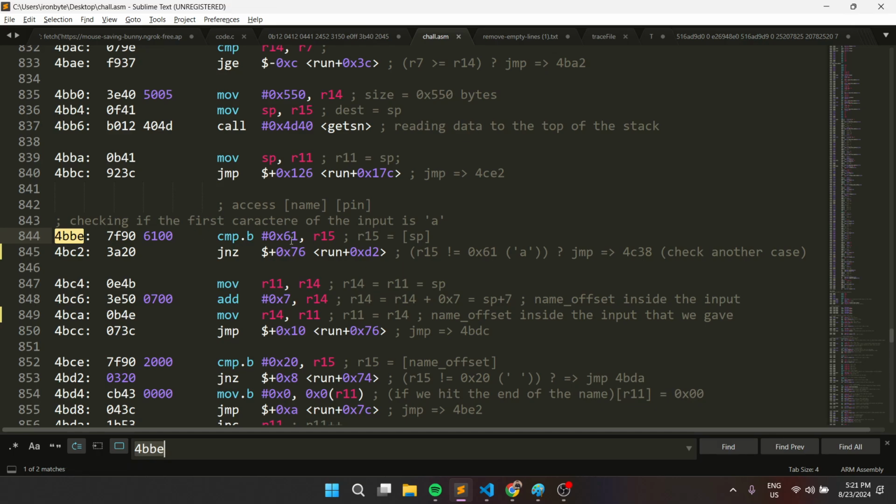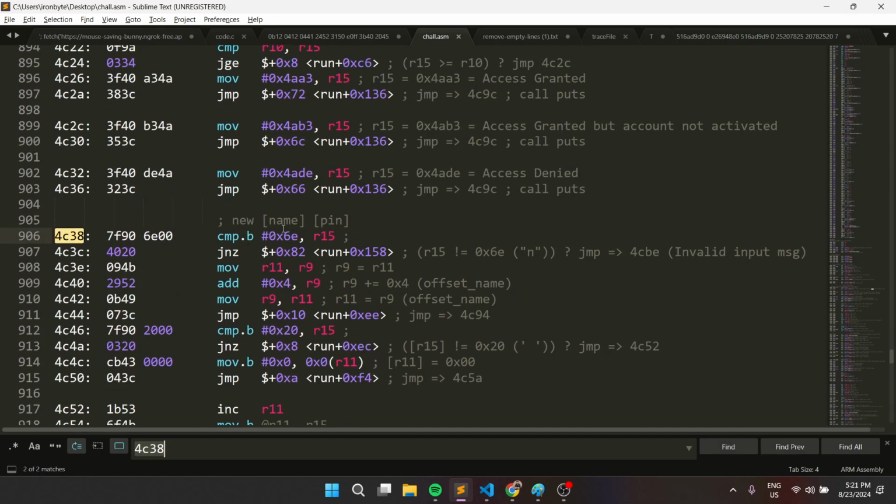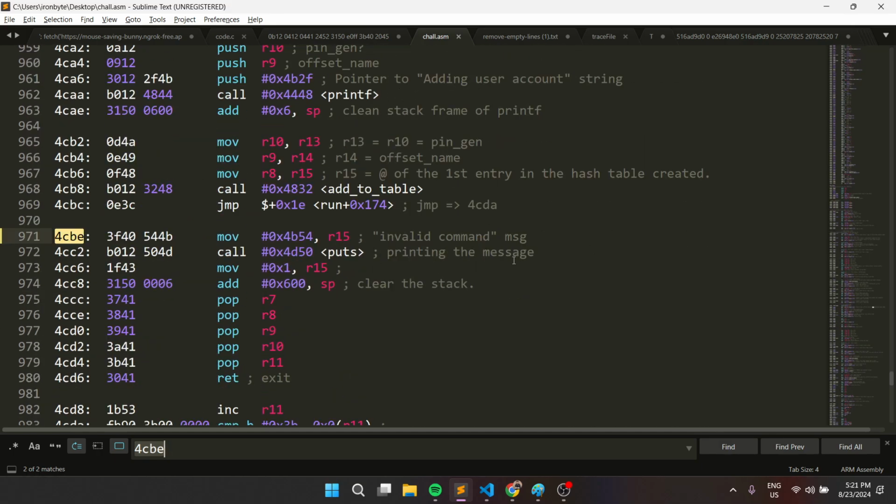So we will be checking if the first character of the input is A. How do we do this? By comparing register 15 with the byte 0x61, which is a lowercase a. If it is different from an a, then we jump into another check that is going to be checking if the first character is a lowercase n. If it is different from a lowercase n, then we are going to be jumping to an invalid